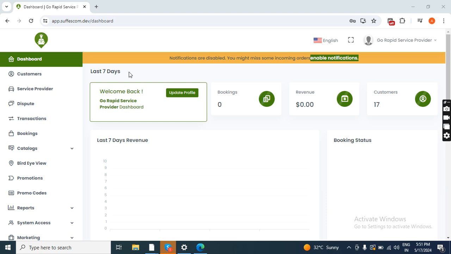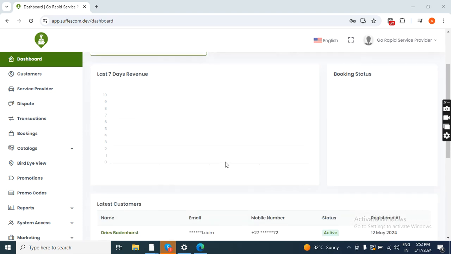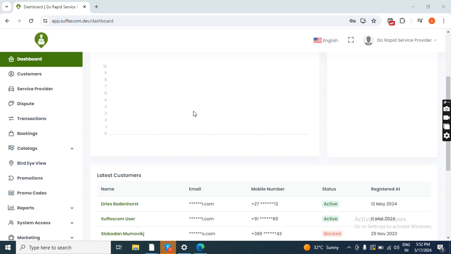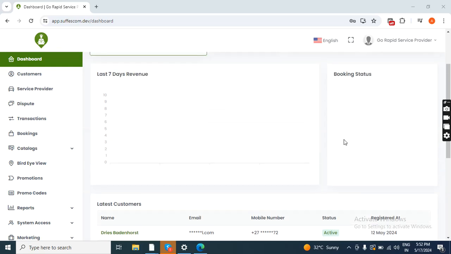As you can see over here, we can view the statistics of the last 7 days in the dashboard: total number of bookings, total revenue generated, and total number of customers in the last 7 days. Under booking stats, we can see the booking status in a pie chart. And over here we can see the last 7 days revenue in the form of a chart